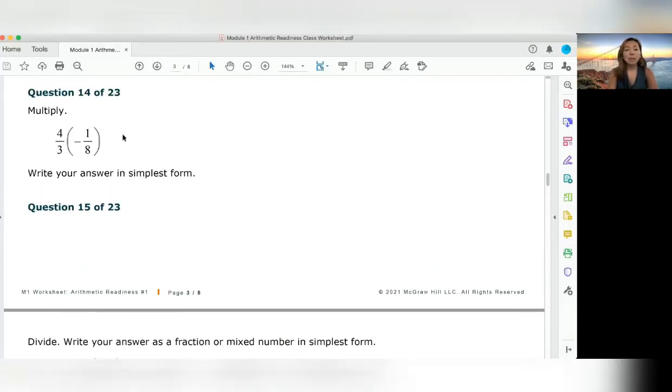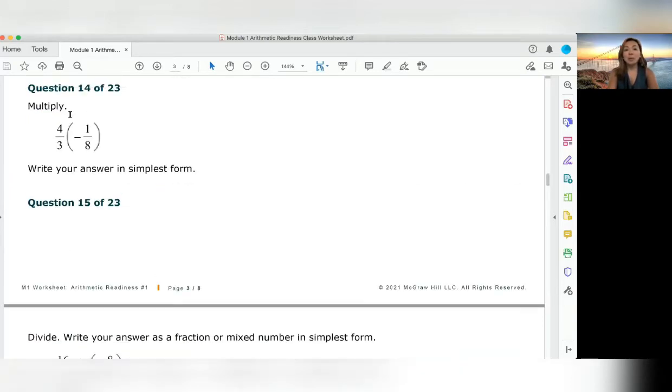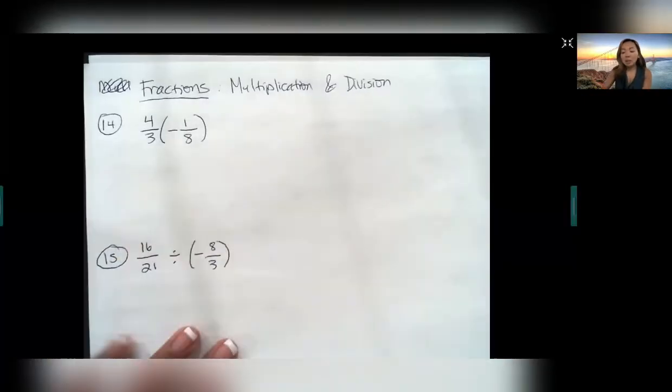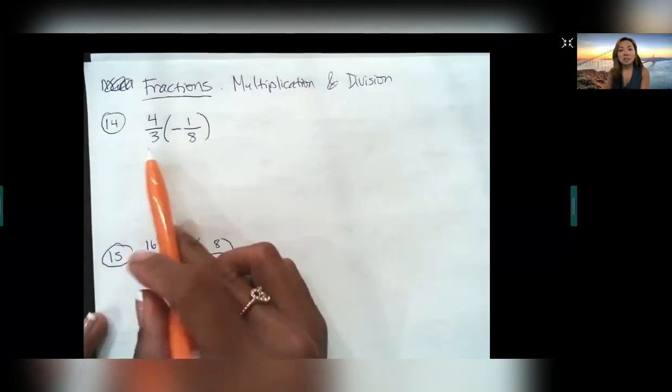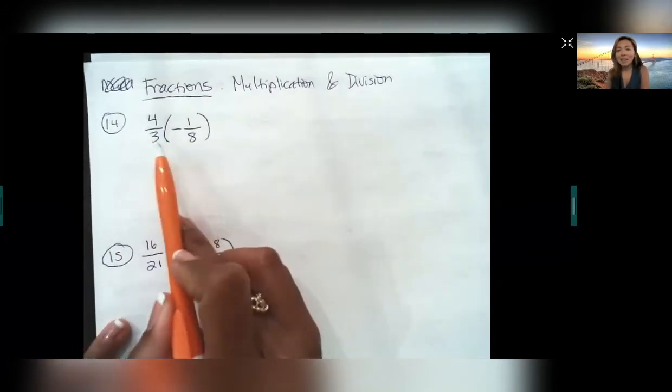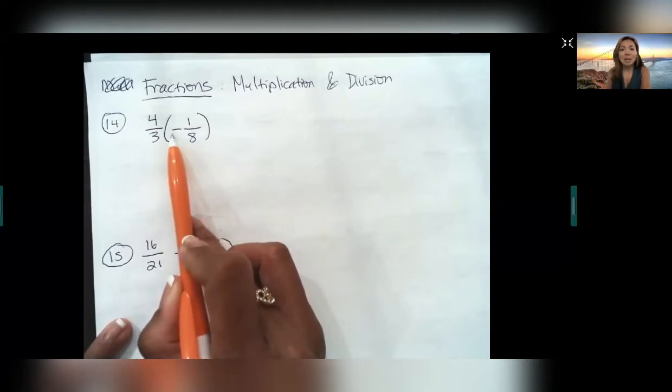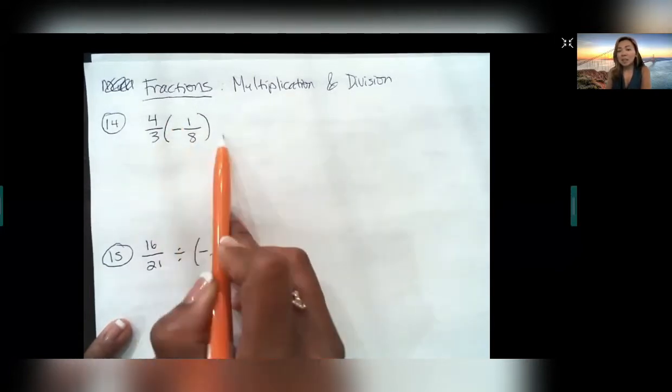Next up, we have number 14 and 15. Number 14 is about multiplying fractions, and number 15 is about dividing fractions. When we talk about multiplication, a lot of students look at this and think it's a subtraction problem because they see a minus sign, but that is not the case. Notice that there's a parentheses. So here's a note: